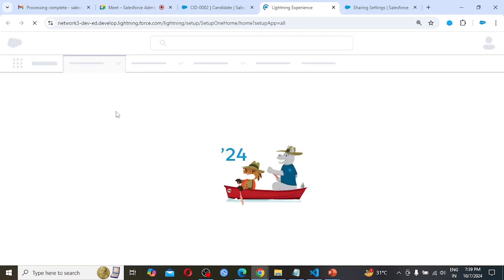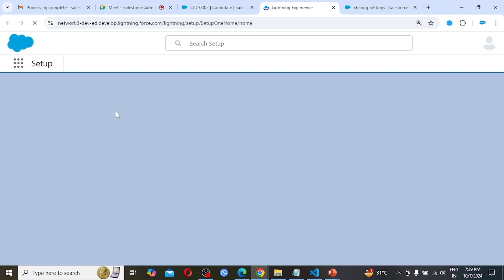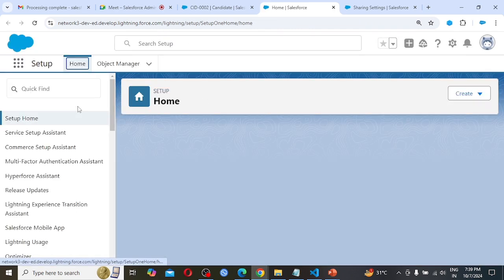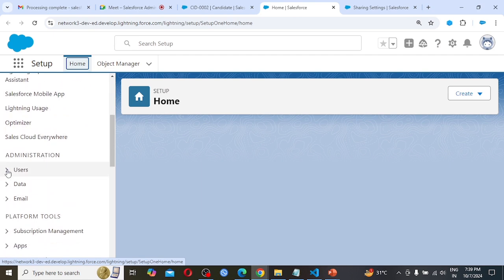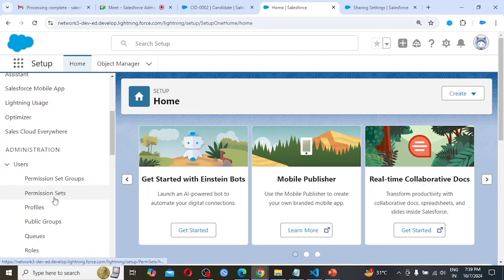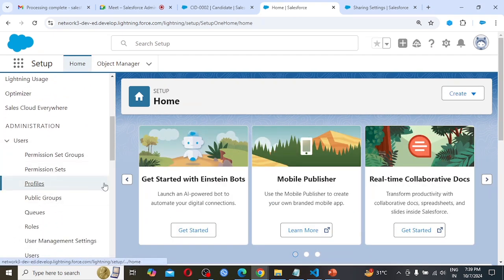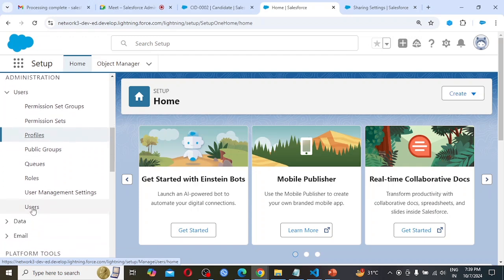So click setup. We need to open the profile, click user, then go to profile. Also let's cross verify which profile user A is having. So open the user as well.